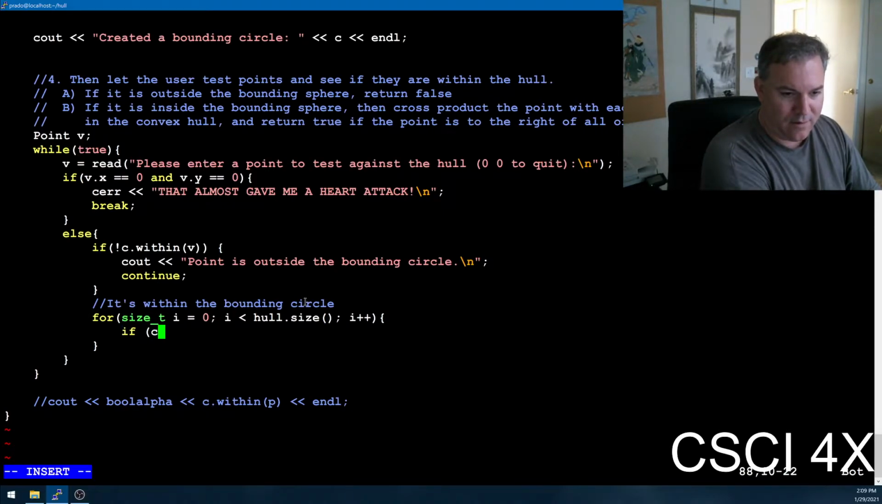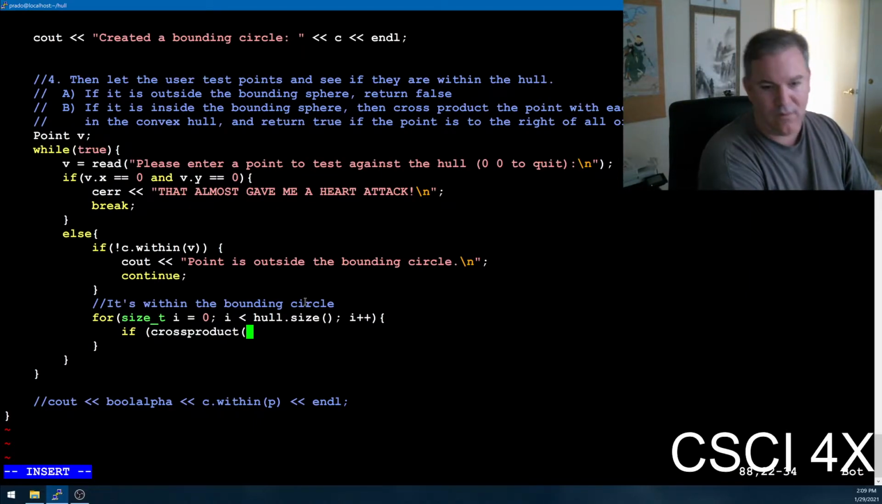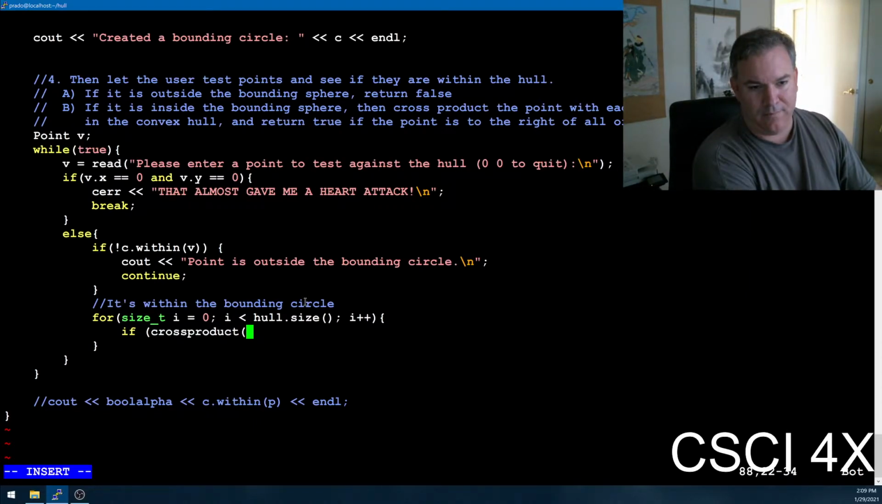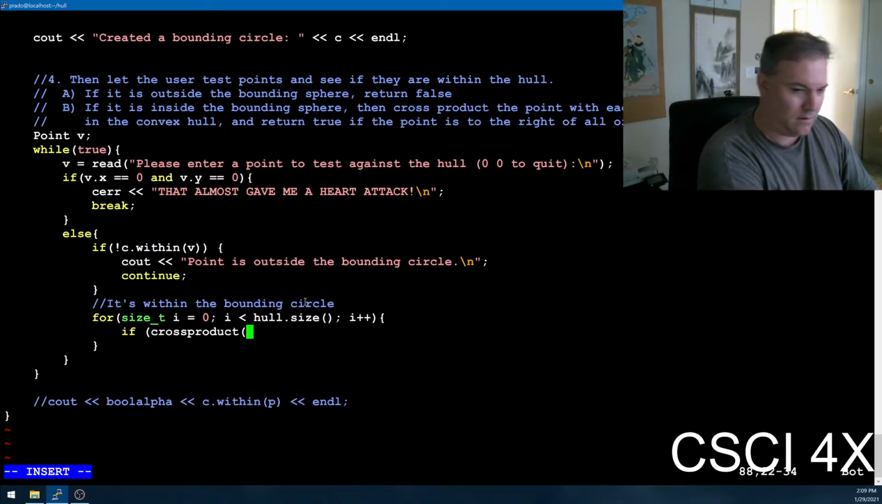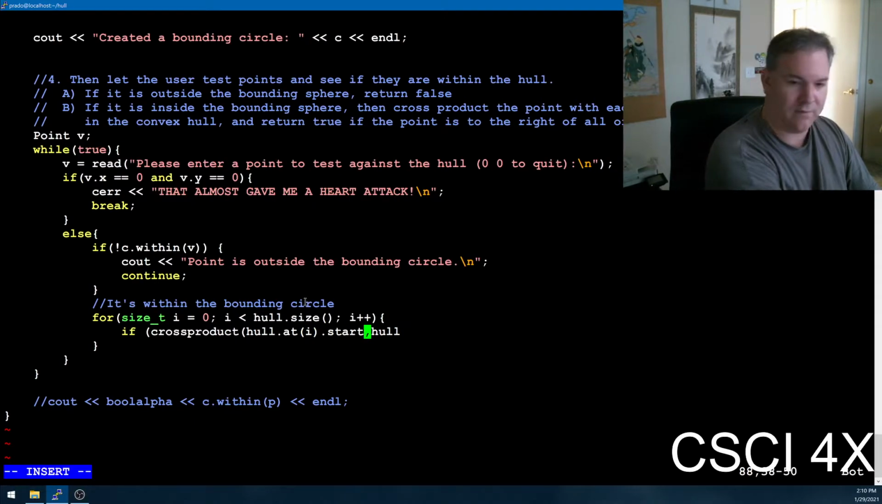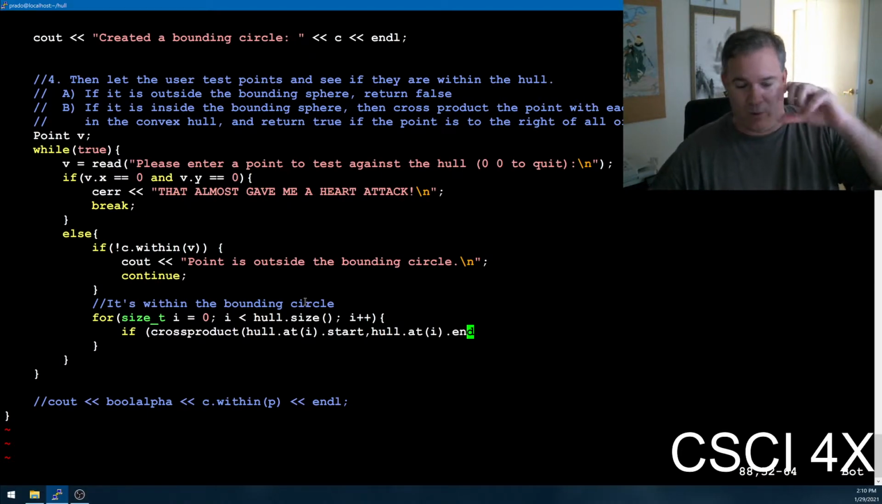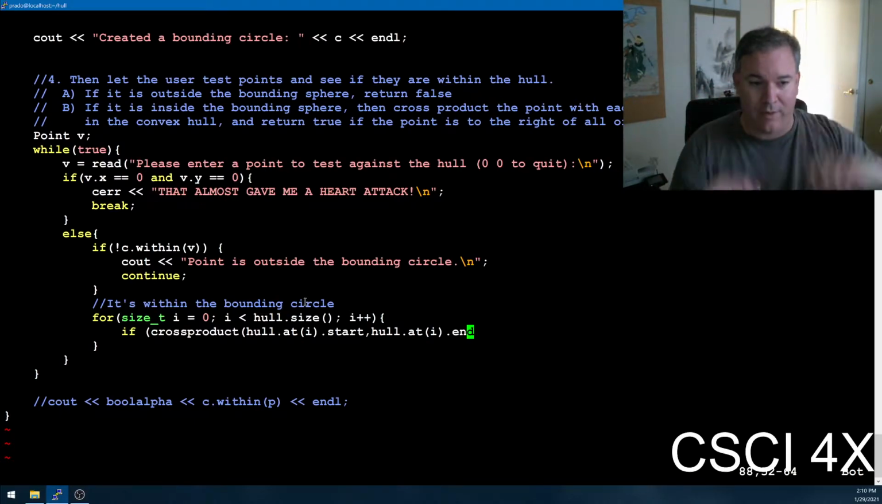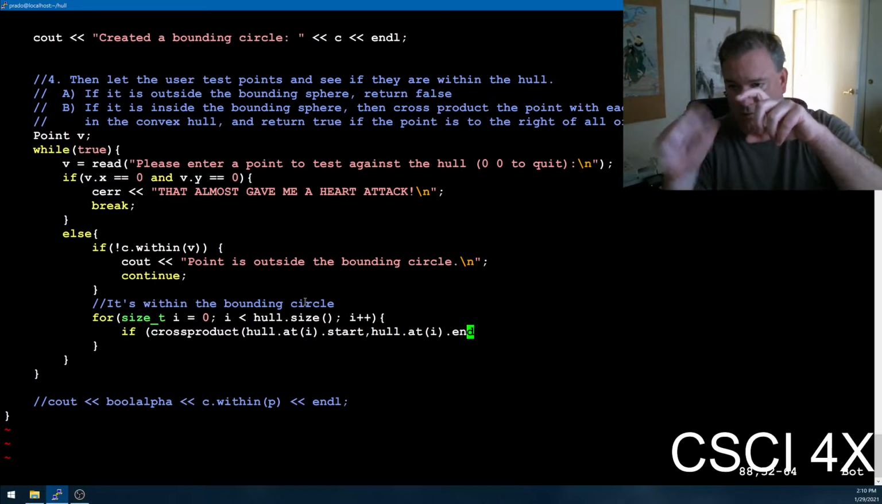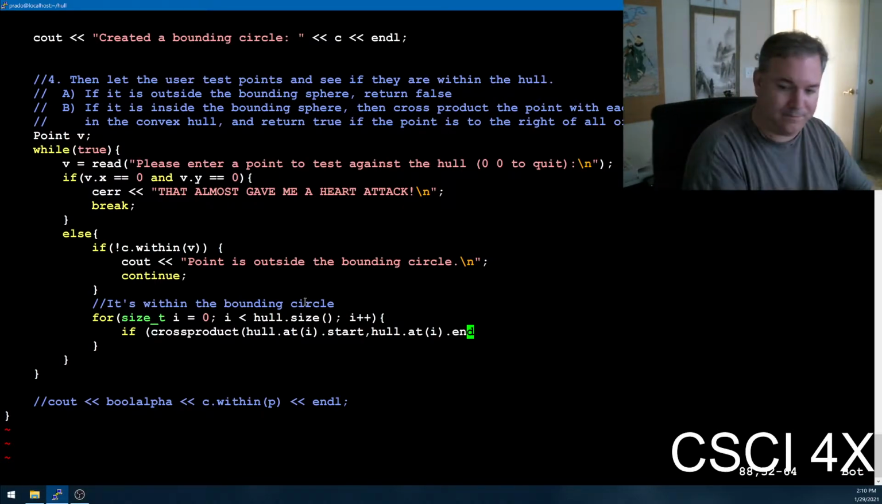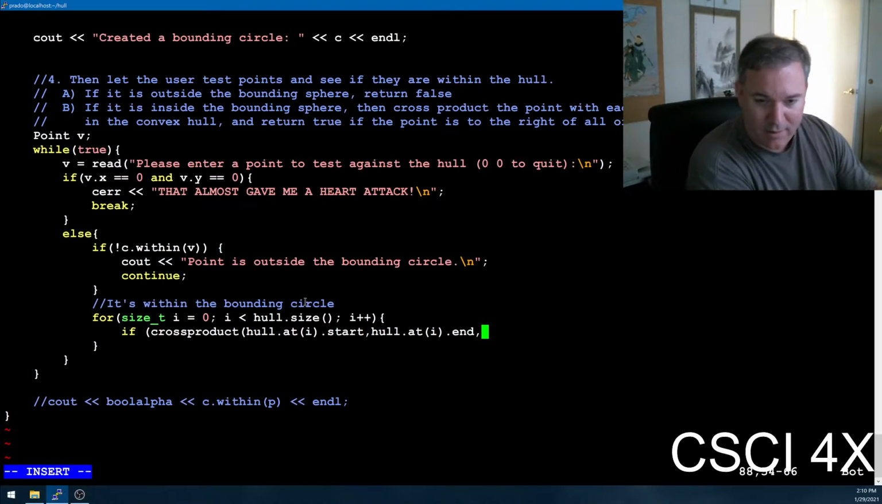If cross product of hole dot at I, hole dot start, hole dot at I end. So that is the line on the hole that we're currently looking at, from I to J, basically. So we've pulled out, for every line in the hole, 2 points, the start and the end. Now we're going to take the point that we're looking at, because they just entered a coordinate. We need to see if that spot is to the right of us or to the left of us. And so we have the line, and now we're going to see if